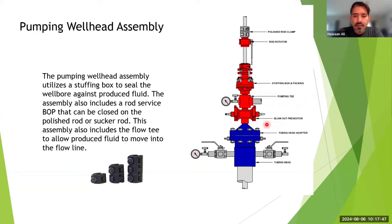One of the things which you see right below the pumping T is what we call a blowout preventer. This is not the blowout preventer which you usually see on the drilling rigs. It's a much smaller thing with smaller rams, and it acts like a sealing device, a secondary containment device. Whenever we are doing any maintenance, we can close these rams and seal around the